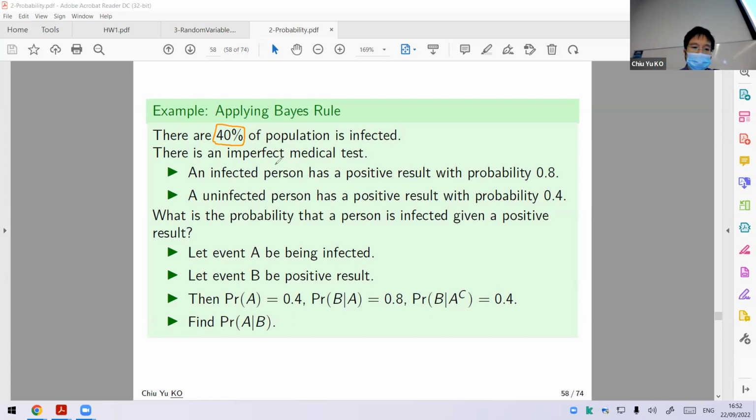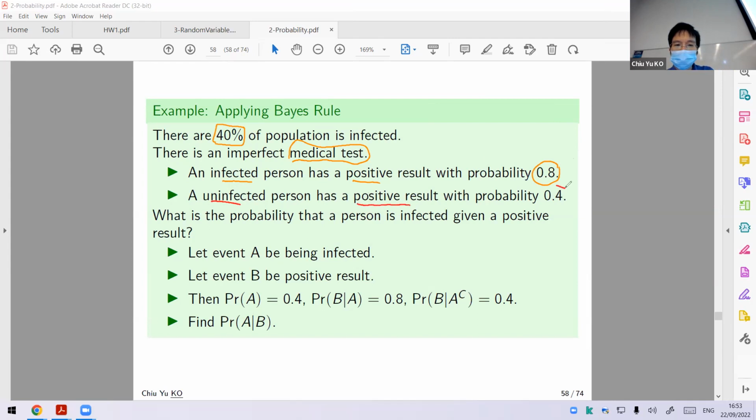Here we have some imperfect medical tests, and those of you who study medicine might know that no test is perfect. Okay, so there must be the case that if you're infected, the probability of a positive result is 0.8. Okay, so in terms of terminology, people will say this is that 20% we have a false positive. Okay, you got 20% that's not right, but you say you do, it means false positive, right? And uninfected with positive result,